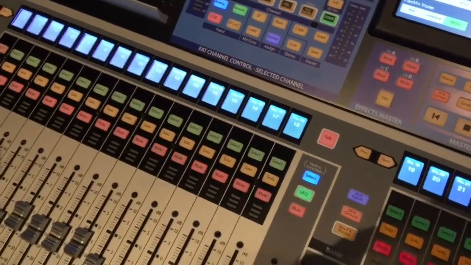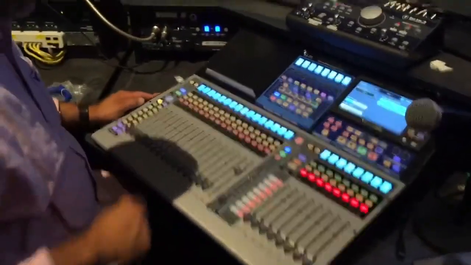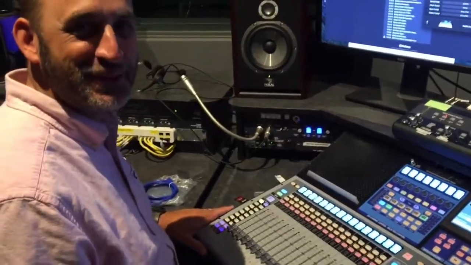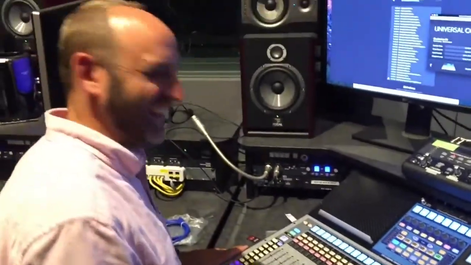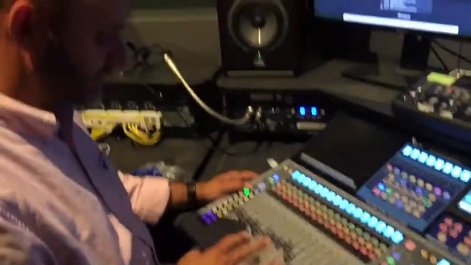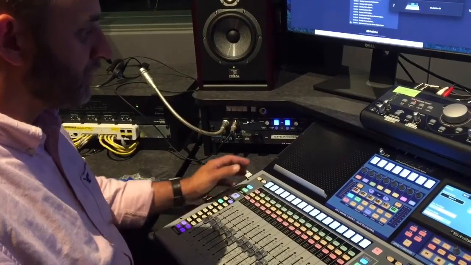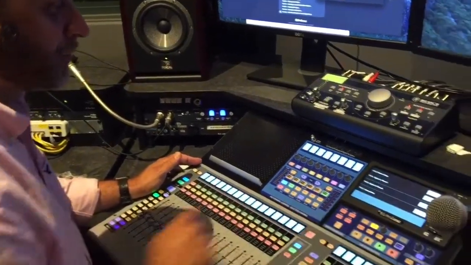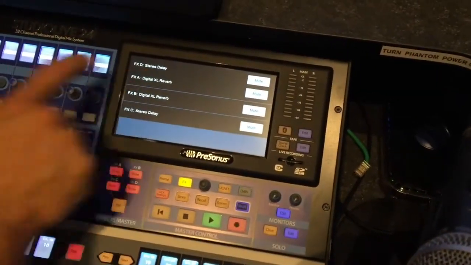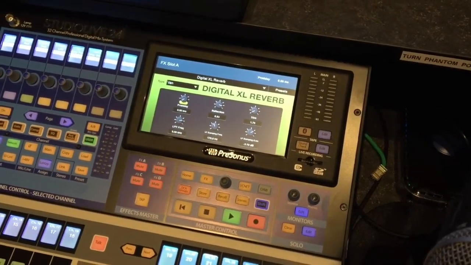Very cool. Now, what's the difference between this board and the board that you replaced it with? A whole bunch. This has the name Series 3. There's that right off the gate. Now this one has all the flying fader automation so that you can do scene recall. There's a whole bunch of new effects on the board that you can get to. There's 4 effects groups. The other one had 4, but this gives you all sorts of enhanced digital reverbs, delays,